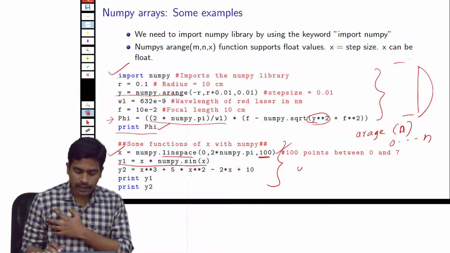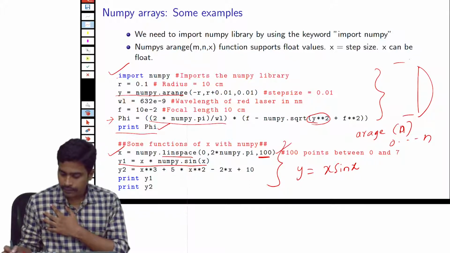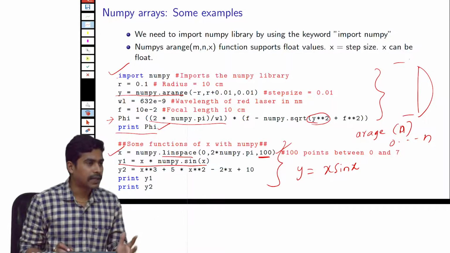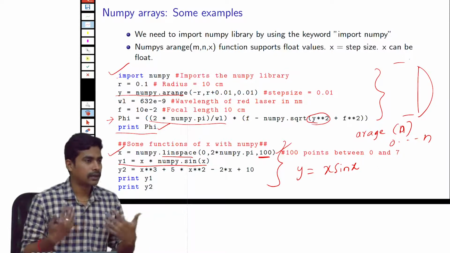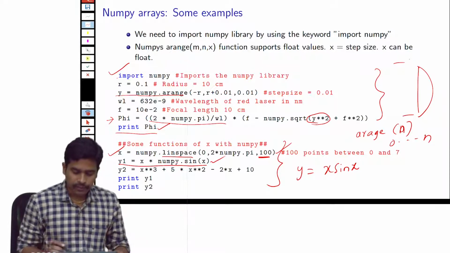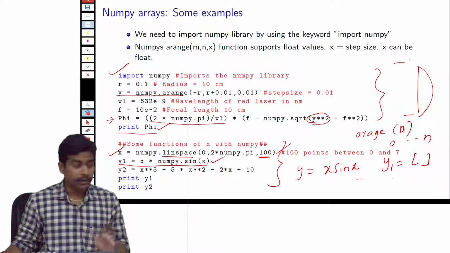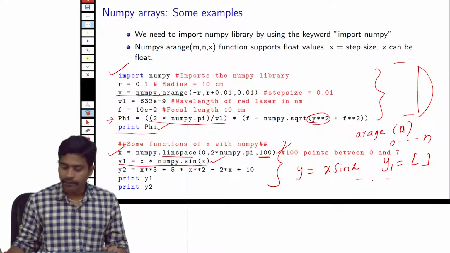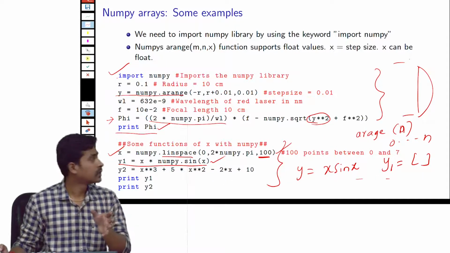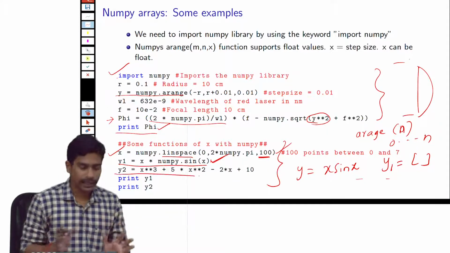In this first one, what I am calculating is this function, y equals x into sin x. I just have to write it like any mathematical equation, and it will interpret it as a NumPy array without for loops. Normally, to do the same thing with a list, we have to create a dummy list and write a for loop, and on each of the iterations we have to append the value of the computation to the new array. But here we can just write this expression and it will calculate the values.